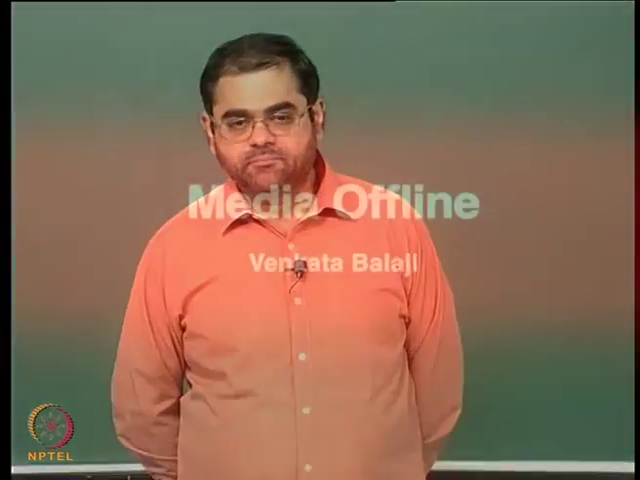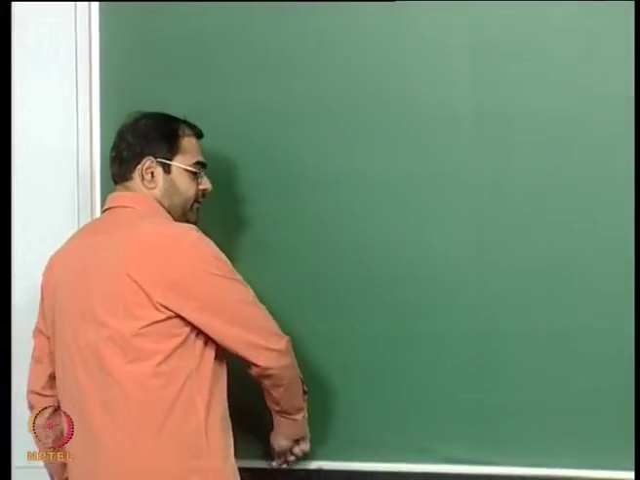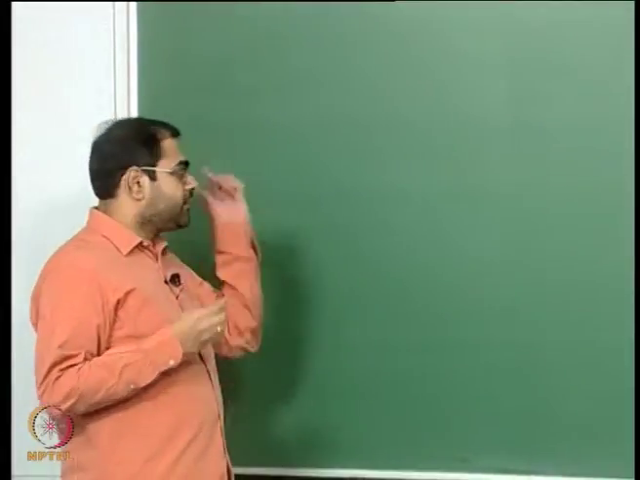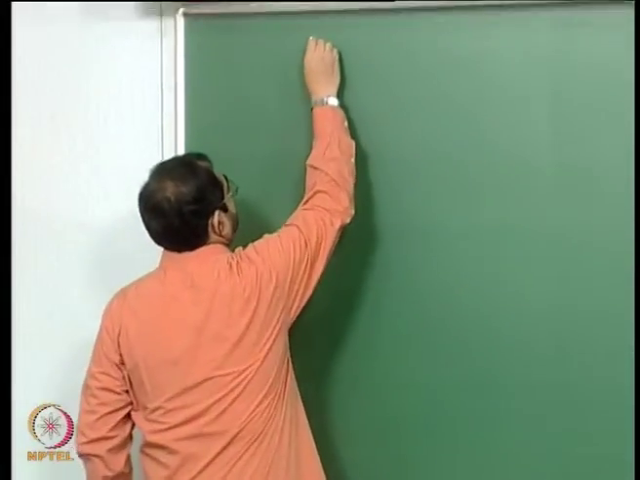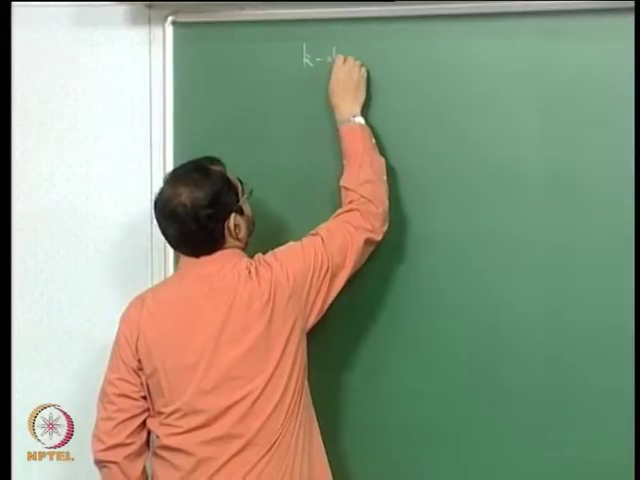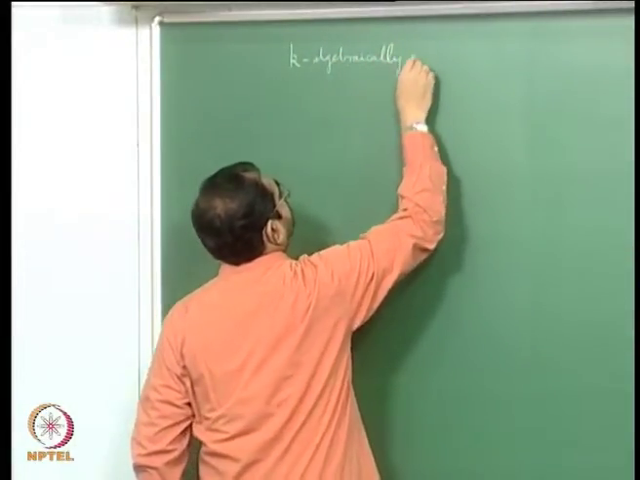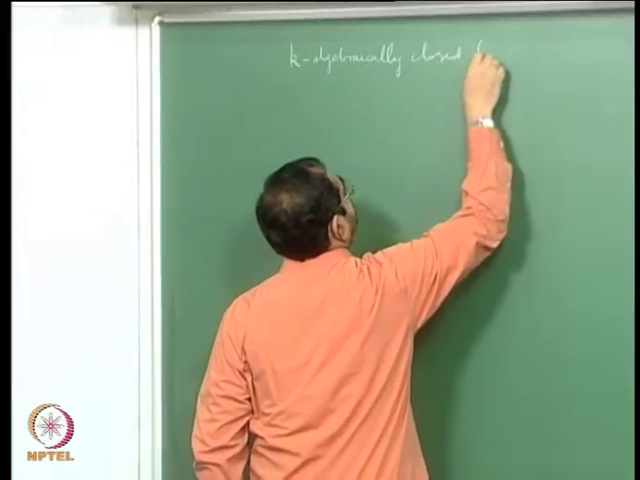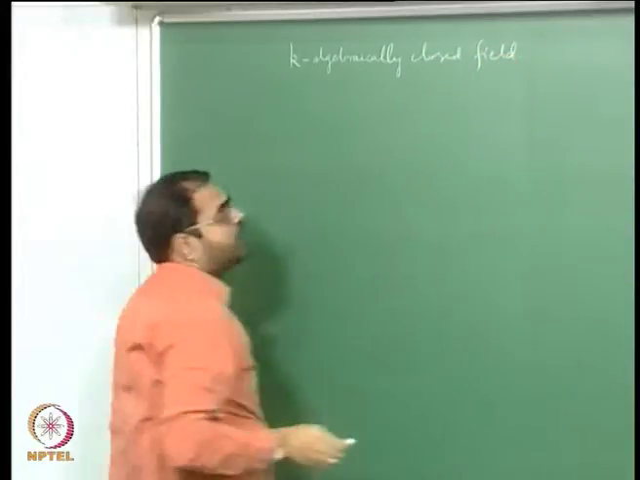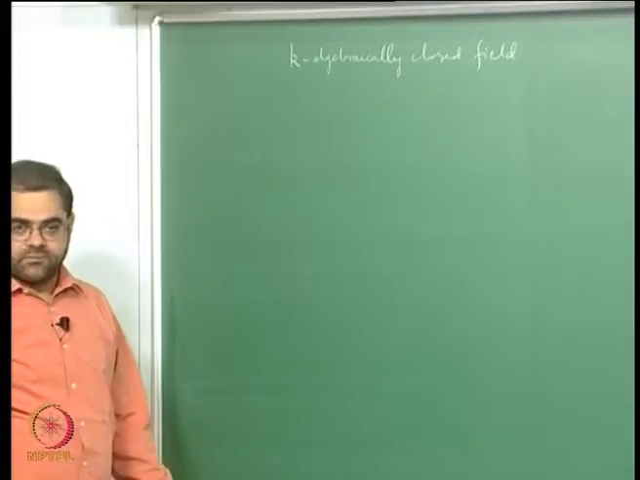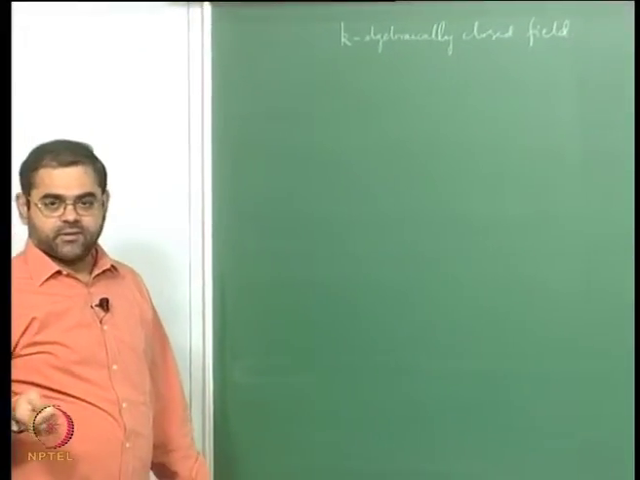Okay, so again let us continue with our discussion on algebraic geometry. So let me recall the setup in which we are working. K is an algebraically closed field. For example, you can think of K to be complex numbers if that is convenient for you,